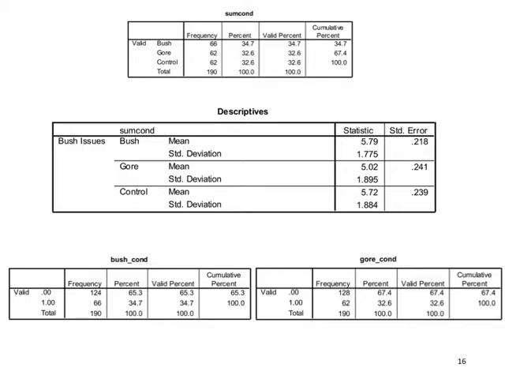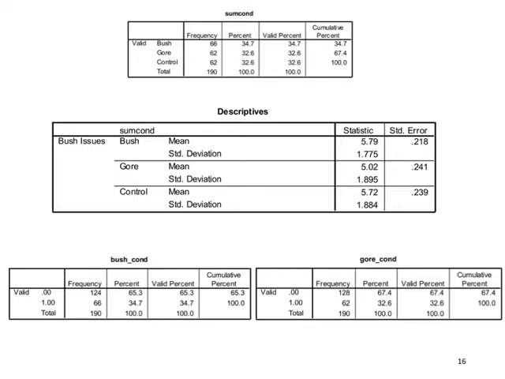This is the dummy coded variables that I created, one for using the vernacular on the previous screen, stimulus 1, stimulus 2, watched Bush commercials, watched Gore commercials. And we can see that I have 66 people that are coded as 1 for Bush condition, which makes sense because I have 66 people here, right? And then I have 62 people that are coded as 1 for the Gore condition, which of course matches up